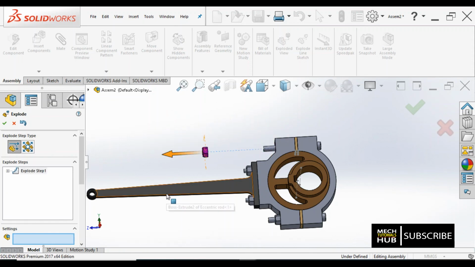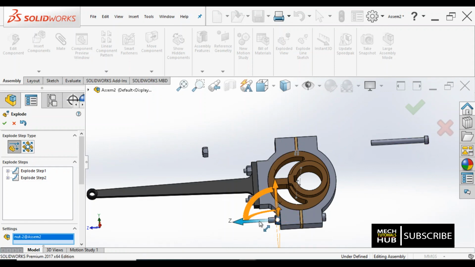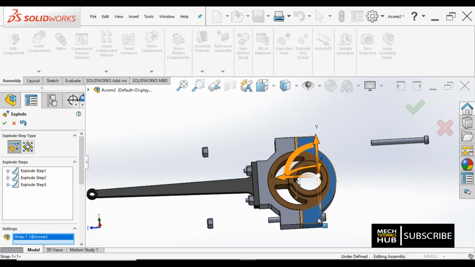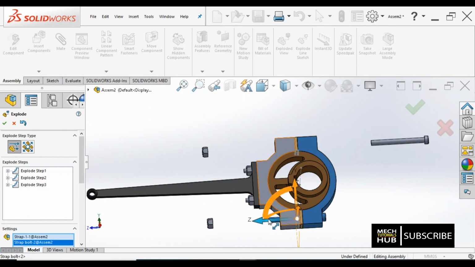Similarly I'll click on the bolt and drag it out. Okay, unfastened. Similarly to the other side also I'll do the same operation. Just concentrate, I'll do the same operation here also.